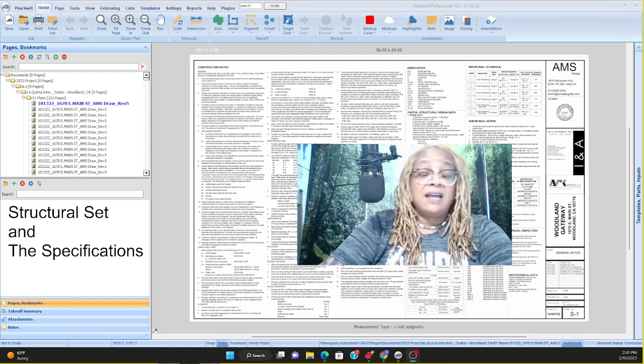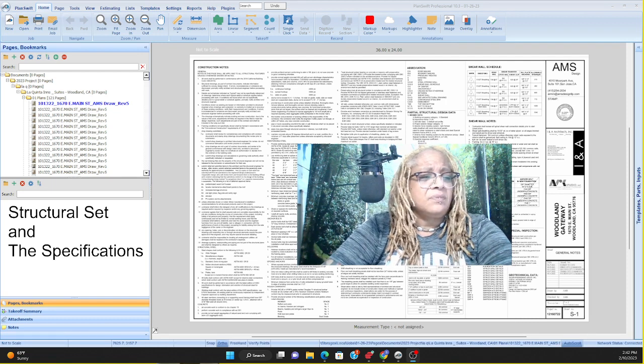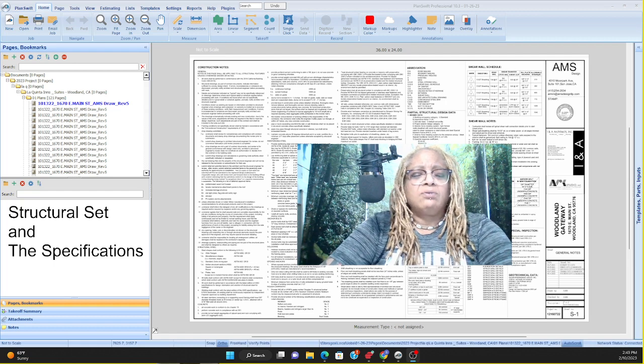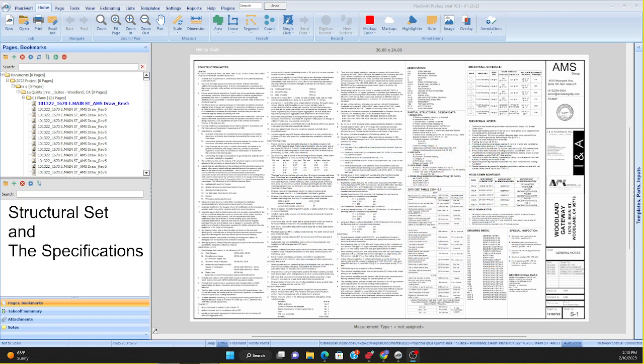And this is a hotel, so we've got a lot of good stuff to go through as far as the specifications. So let's go through it. Okay, and so